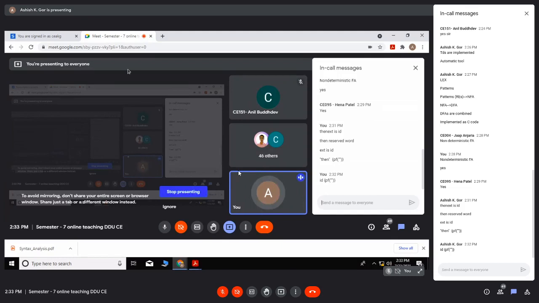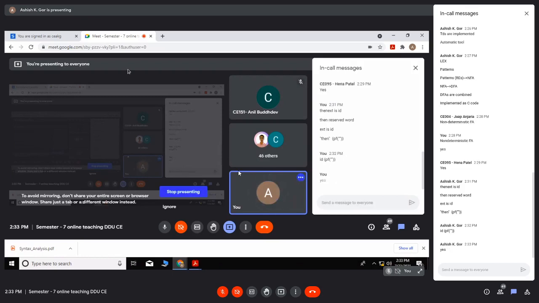Okay. So if you rearrange the sequence, first you write the pattern of ID and then you write "then", will it matter or not? You just answer this question. Does this matter? The sequence in which you write the patterns in a Lex program, is it going to affect the output of your program or not? So the answer is yes. Okay, so actually it affects in which order you write.